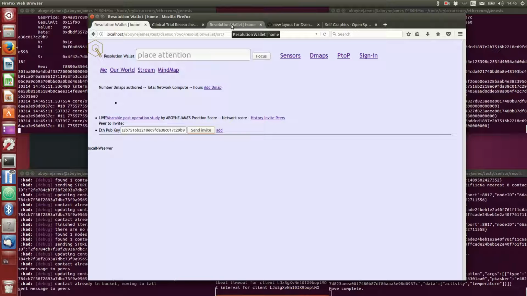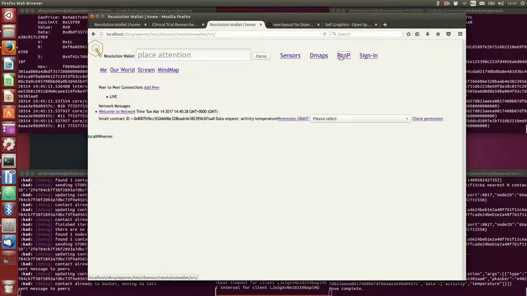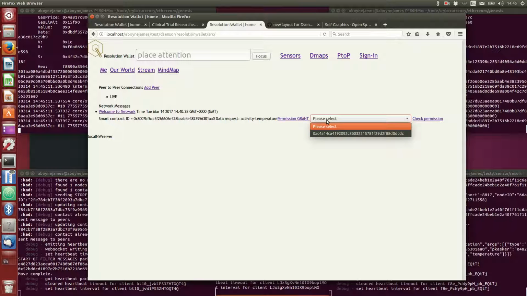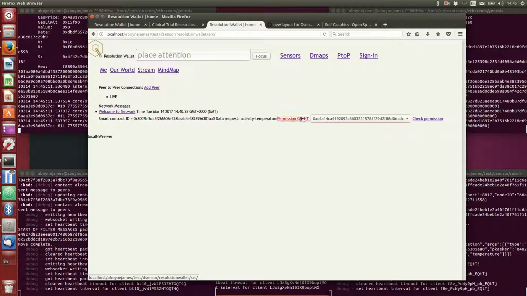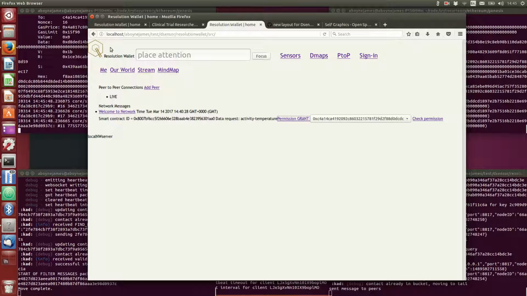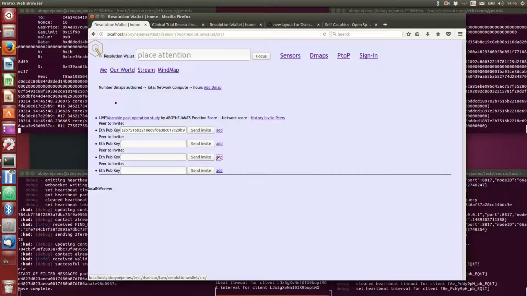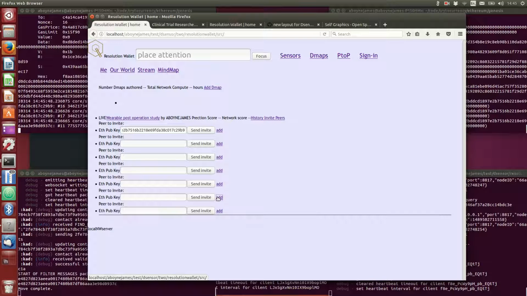So back at the individual participant, and we look at their messages, we now see that they've been invited by that science smart contract to do the activity temperature, and this time we need to tell that smart contract where our data is that's relevant to activity and temperature. So here we have our smart contract address that we set up earlier, and then we grant the permission. So back here, obviously we would have as many participants as required in the study, and we can repeat this process,